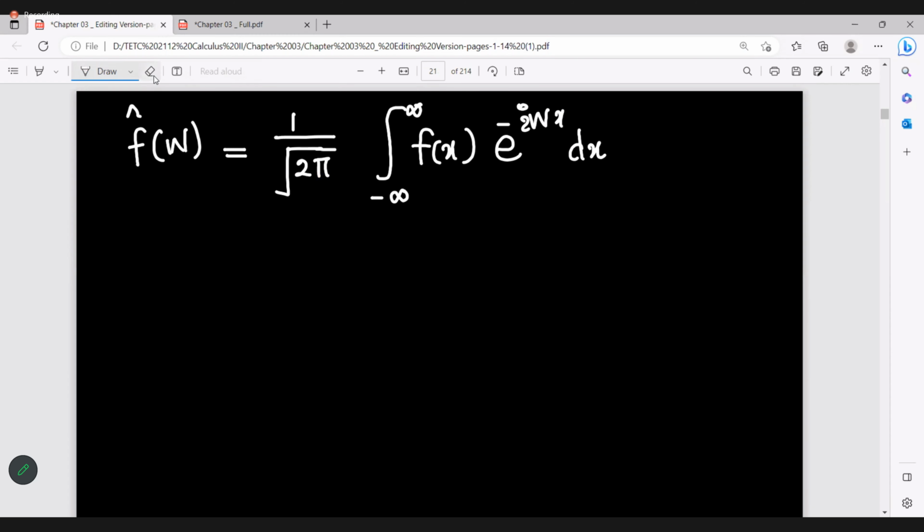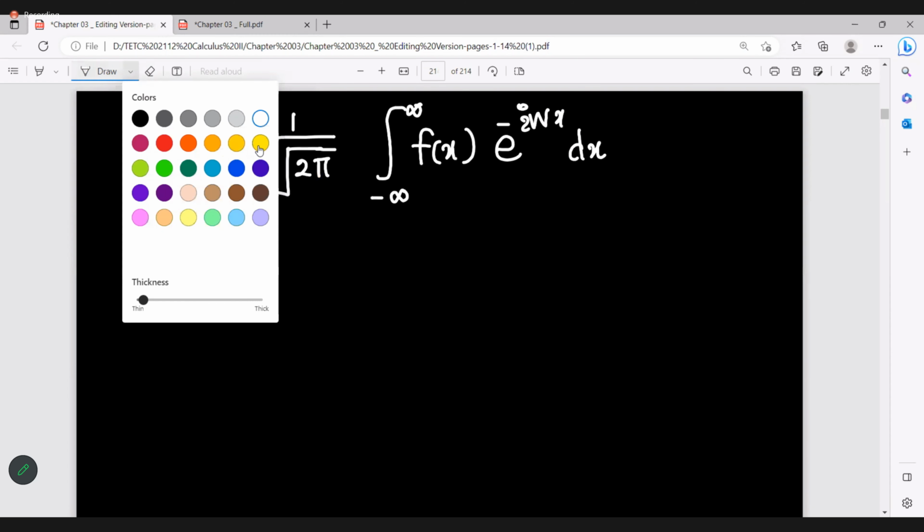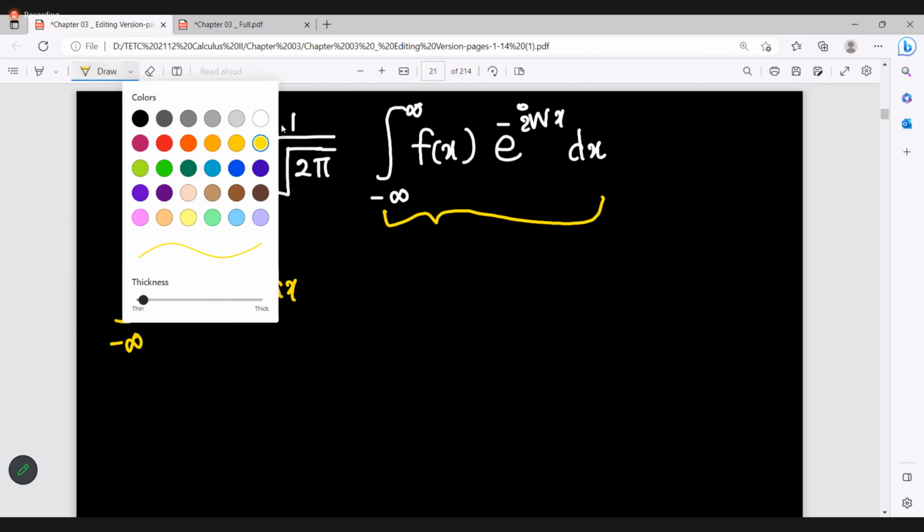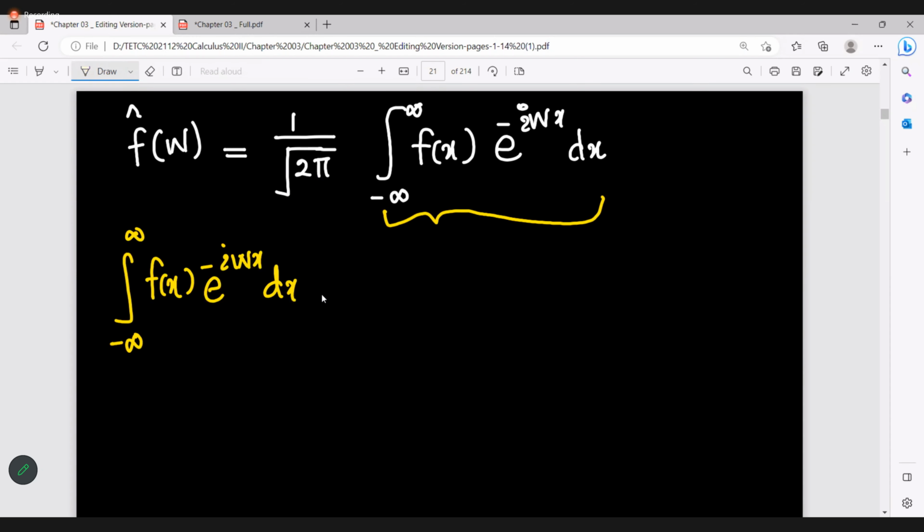So rather than considering the entire expression, let's consider this part first separately. So we are going to consider minus infinity to infinity f of x e to the power minus iwx dx. So we can divide this integral into 3 pieces, starting from minus infinity to minus 1,